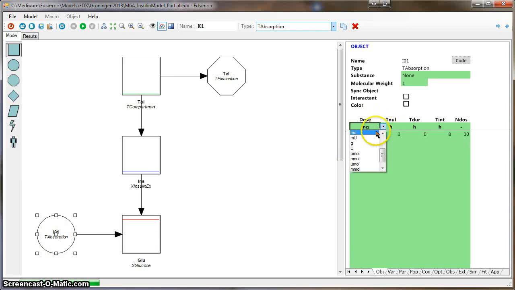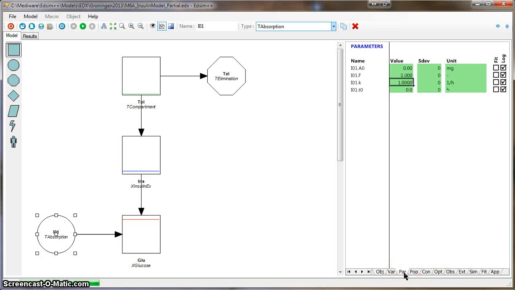I change the units to grams, and I say, okay, I want to give 75 grams of glucose after 4 hours, with an interval time of 8 hours, and I give 5 challenges of glucose. I also need to change the parameters here, because I know that the bioavailability of glucose should be around 0.5. Now, if I simulate this again,